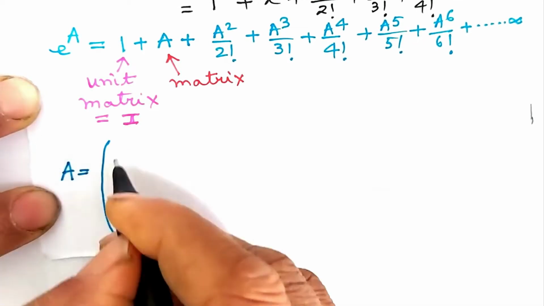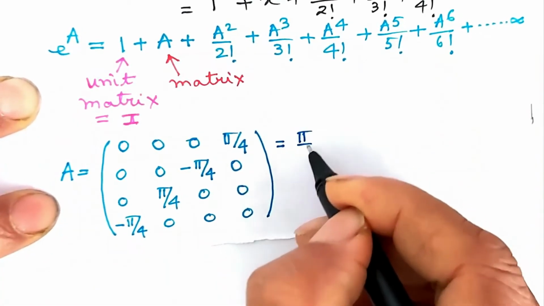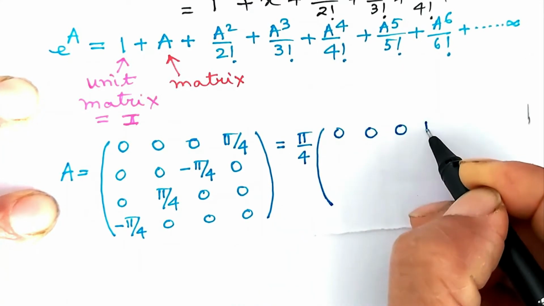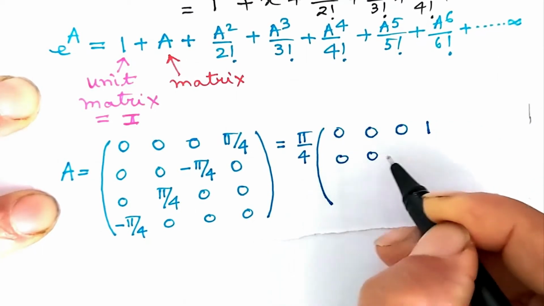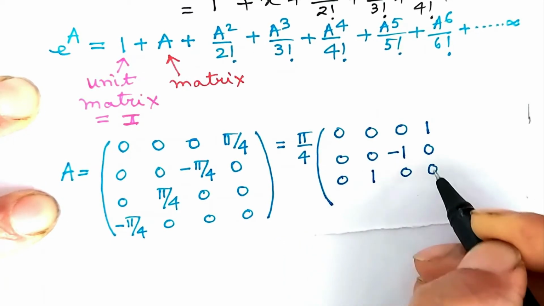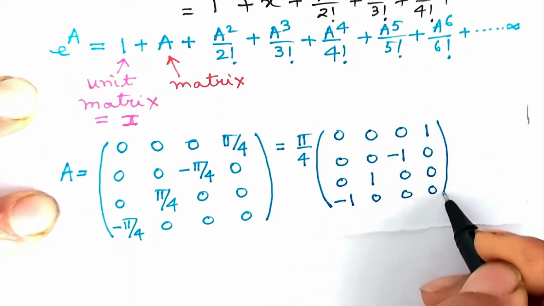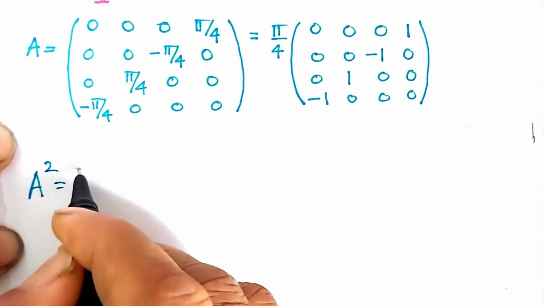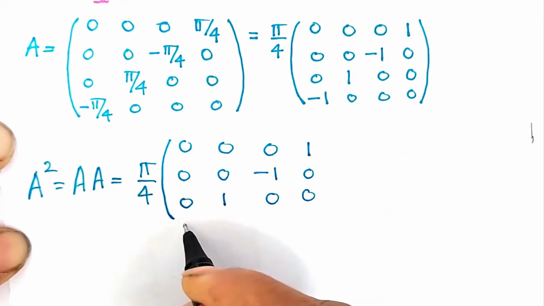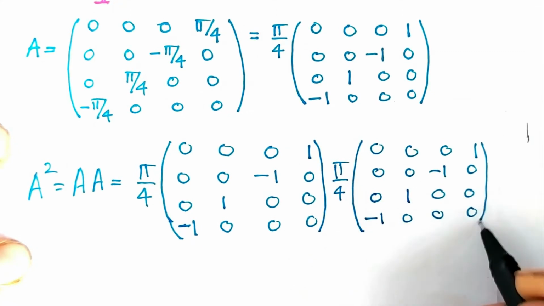Rather, it would be easy. Let us see. This is matrix A. Take the factor of pi by 4 common and we are left with 0, 0, 0, 1 as the first row, 0, 0, minus 1, 0 as the second row, 0, 1, 0, 0, this is the third row, and the fourth row is minus 1, 0, 0, 0. What is A square? It is A into A. So we have to first write the A matrix twice, and let us write it. And then multiply